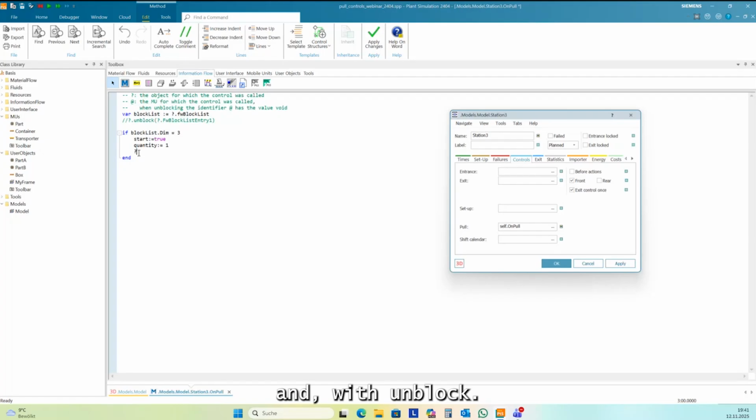And with unblock, you can unblock one of the MUs from this array, from the block list. And so it's block list 1, the first one.